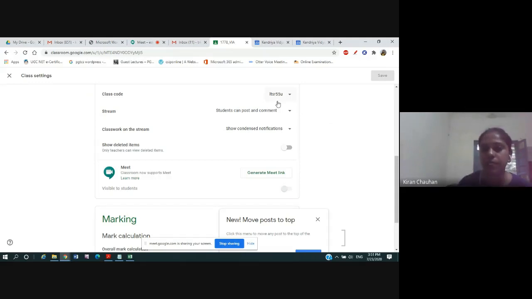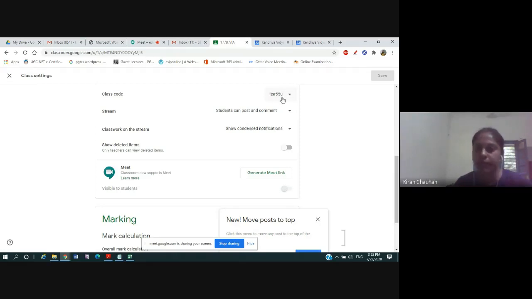But I told you this is actually a complex task, because the children will not understand that they have to join with their G Suite ID only. Students of class 11 and 12 will understand. From 10th to 11th and 12th, they are much more mature. They will understand this concept. But the students of lower classes will not understand this. So the better thing is to add them with the Excel file you are having.